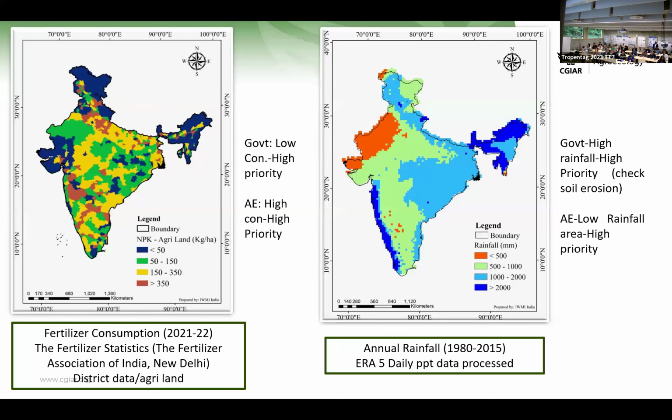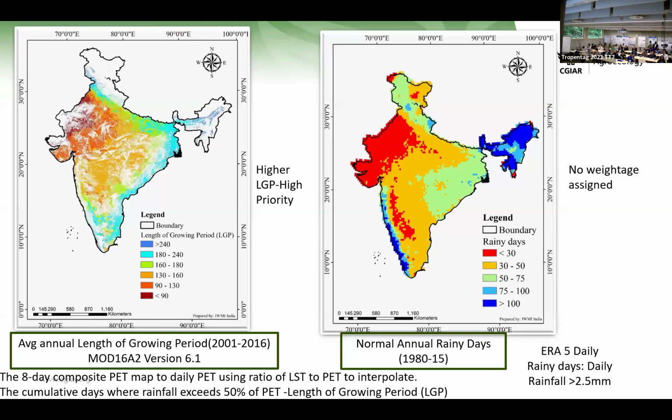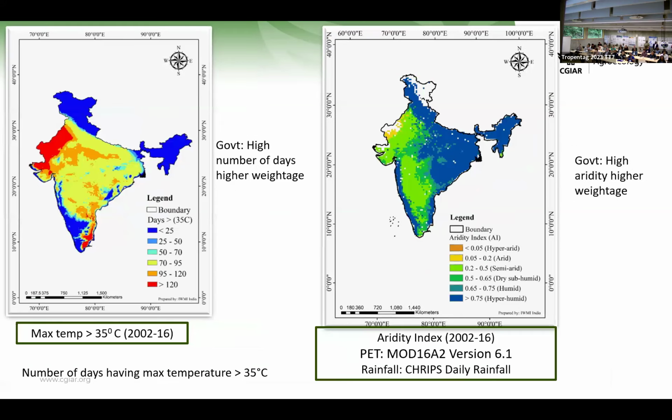And if you look at the perspective of researchers and government, it's always contrasting. Government's approach is they want to ensure the status quo, like they want to keep on producing whatever they are doing. But from the researchers' perspective, they want to move away from chemical fertilizer to natural fertilizers. So that's why we have analyzed all these aspects, and we have created two different maps, one for the government stakeholders and one for the researchers. And this is the length of the growing period for different crops and the number of rainy days. That is one more layer.